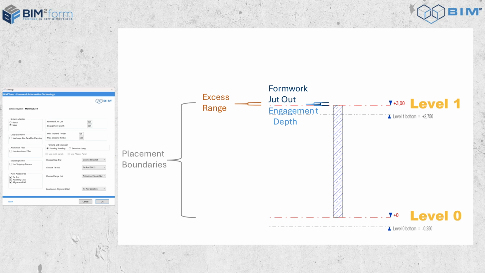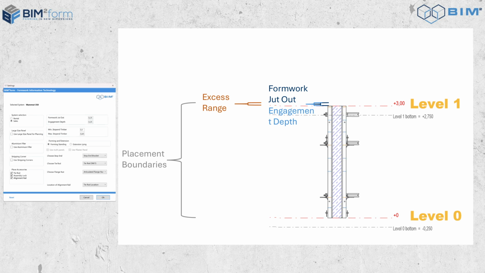How do these parameters work together? Even if formwork jutout and engagement depth have identical values, say 0.25 meters, BIMterform still generates valid configurations. The reason is that the system always calculates relative to the top edge of the wall, whether they have positive